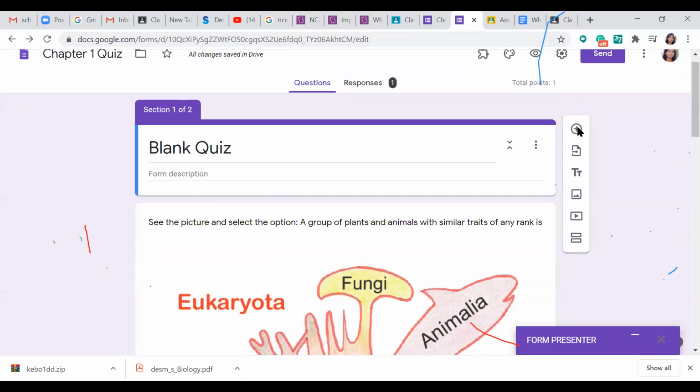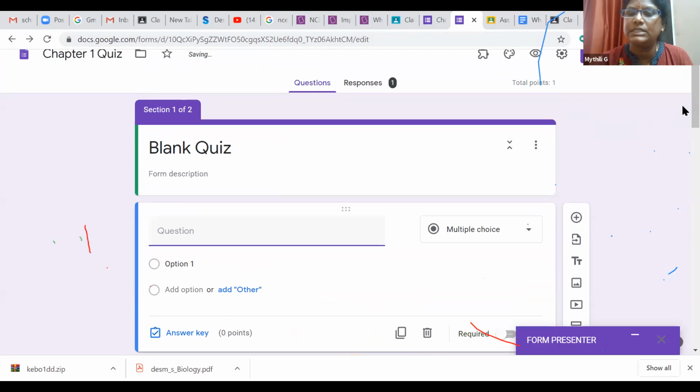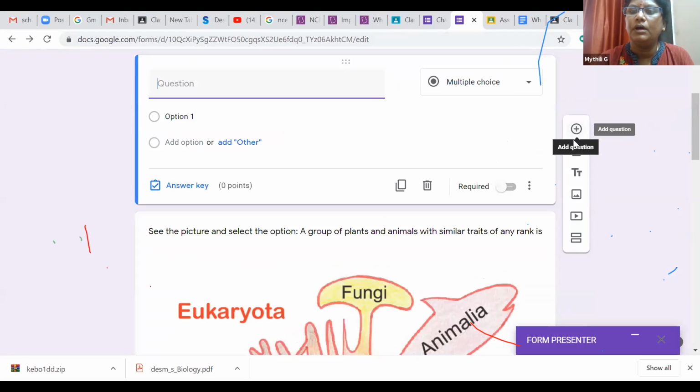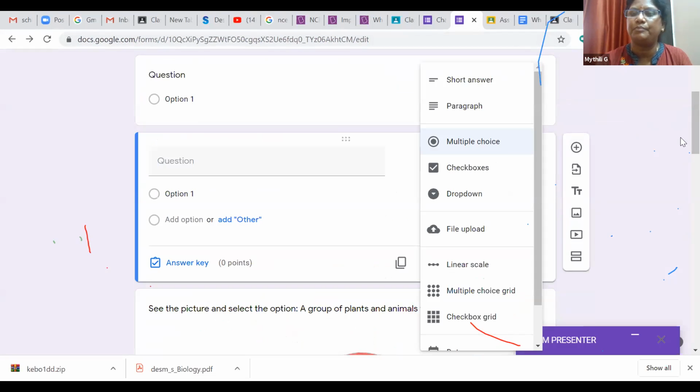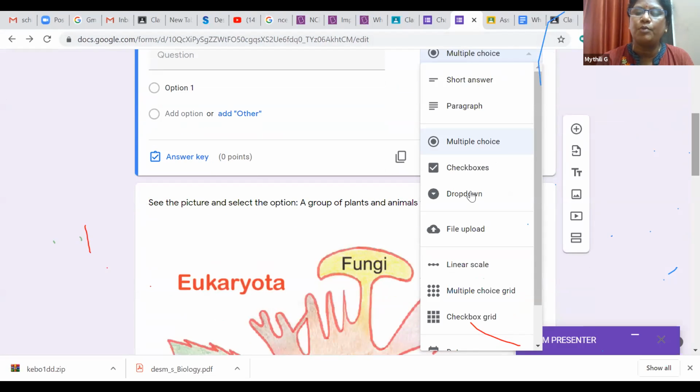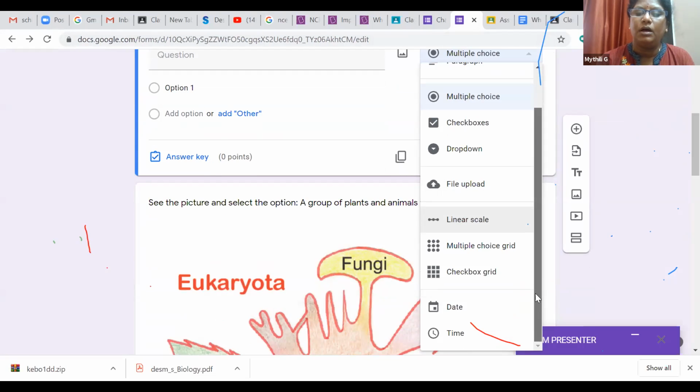You can manage with multiple choice grid, like match the following. These are the options we have: drop-down menu, multiple choice grid, and so on.